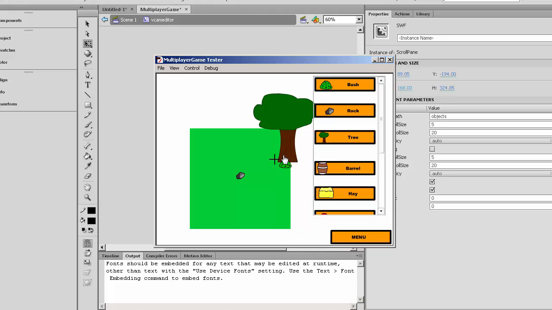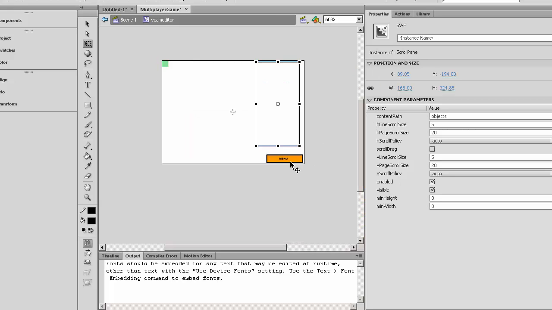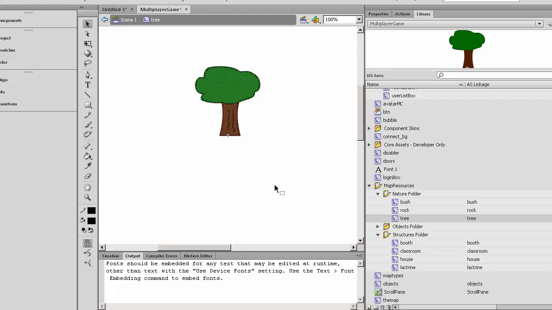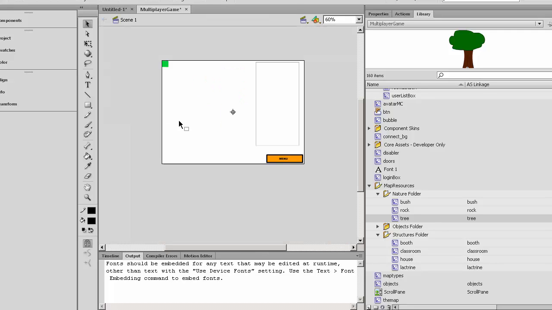Another reason why it's good to add all the objects in the objects symbol, and to add this arrow thing to the bottom, is so that when swapping objects it will be easier. So this will be the point of collision and all that. So we have this, and we work on saving next,